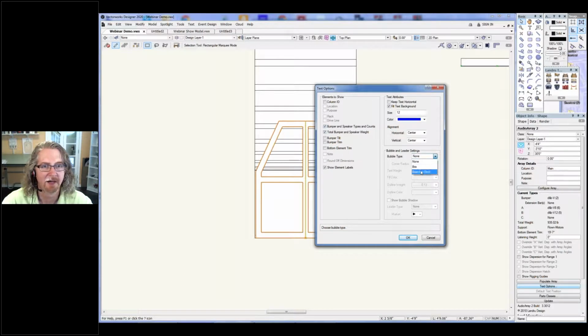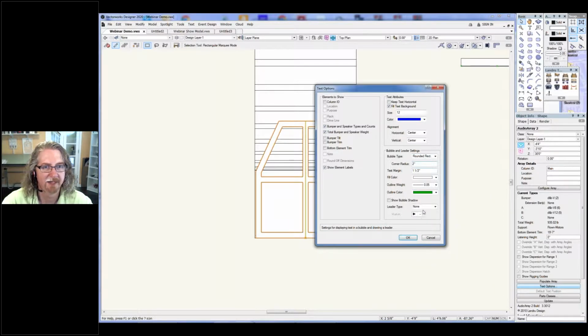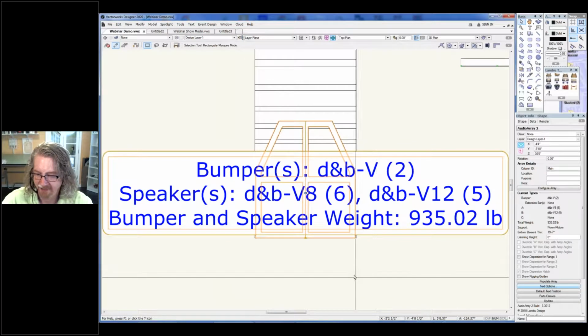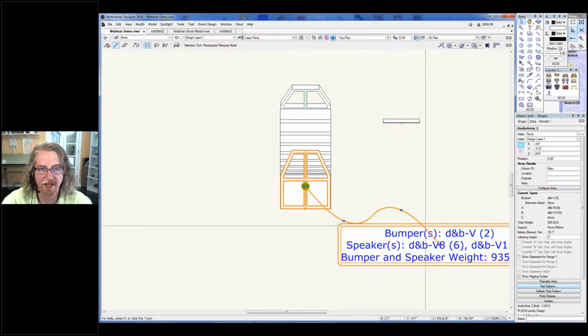We're going to make our bubble a rounded rectangle, and our outline color, let's make it green. We're going to have a Bezier line, and we're going to keep our little dot again. And our default text location is centered on the bumper, but as soon as I move it away, then the